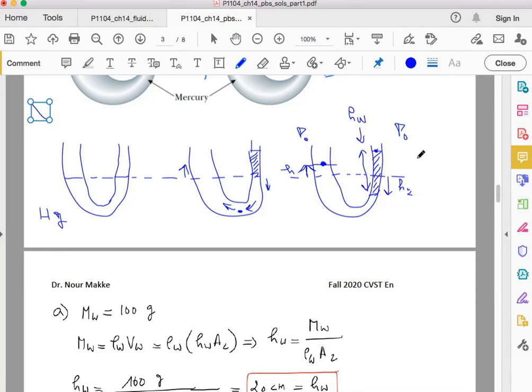Okay, great. So now we will take 2 points that give us access to H water and H. First of all, let's take this point which is at the interface between the water and the mercury. The pressure at this point is very easy to determine, and at the same time it gives access to H water. What is the value of PB? We know that PB, according to the fundamental relation of hydrostatics, is equal to